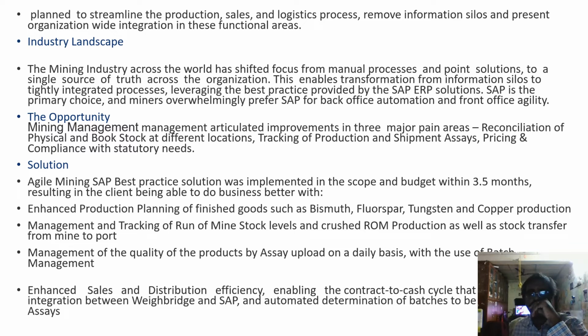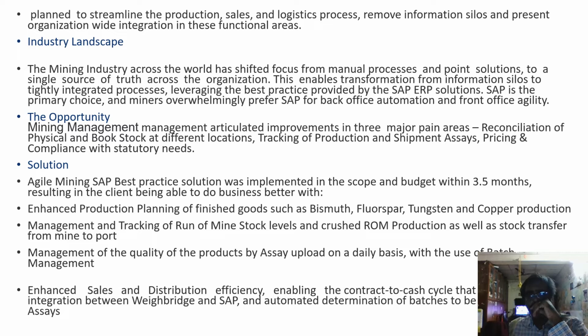So enhanced production planning of the finished goods such as bismuth, fluorspar, tungsten, and copper production in the mining case, and management and tracking of run of mine stock levels and crushed ROM for the production as well as the stock transfer from mine to port, and management of quality of the products by assay upload on a daily basis with the use of batch management,